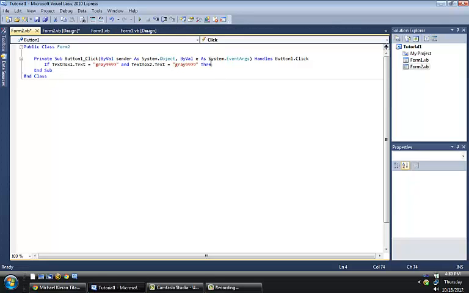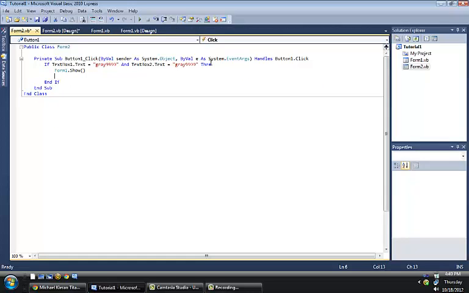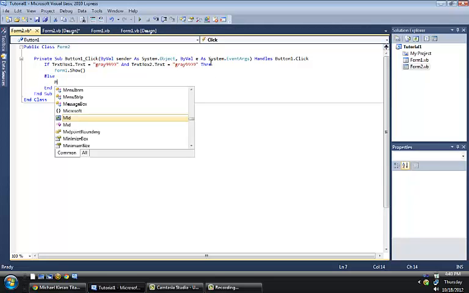Then enter. Then you want it to form1.show. Enter. And you want to put else, enter, and say